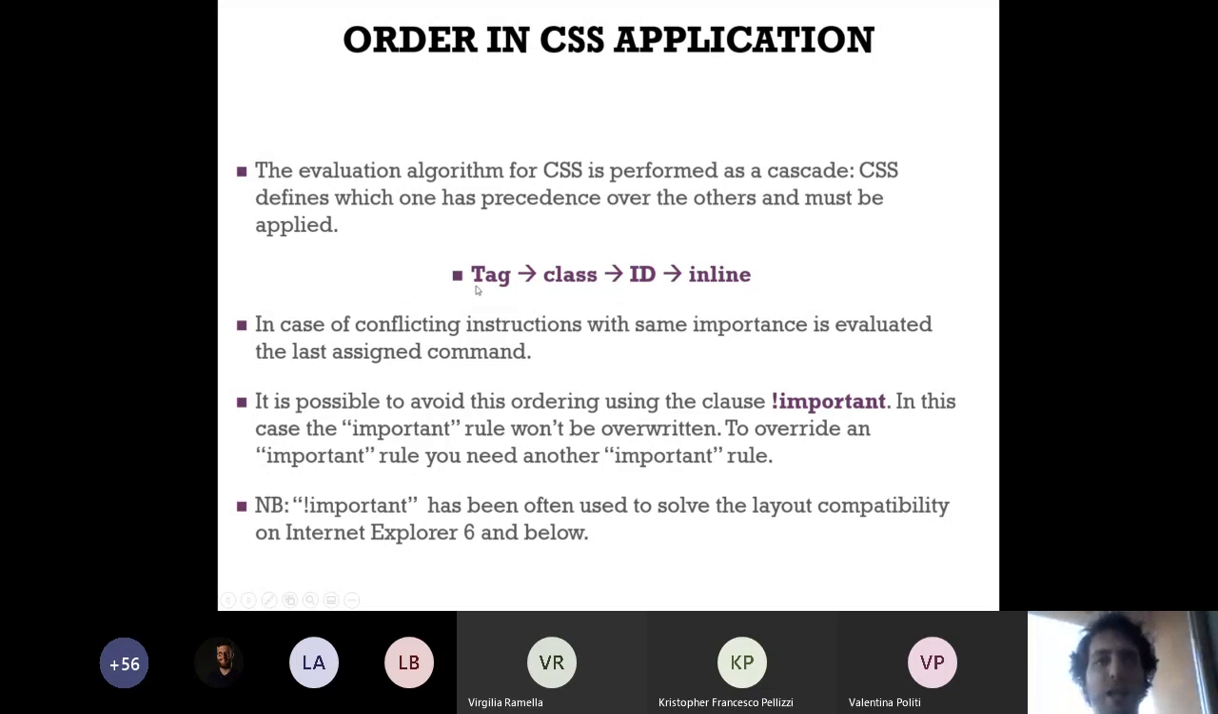So suppose that you have the background that is black inside the tag style, that is important. Even if in the ID part you say that the background color should be gray, the property is still going to be rendered as black background because the tag property has this important clause in it. However, if at a certain point I decide that in the ID class that gray background is going to be important as well,